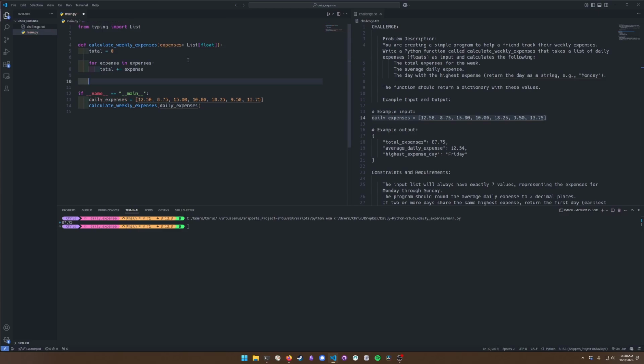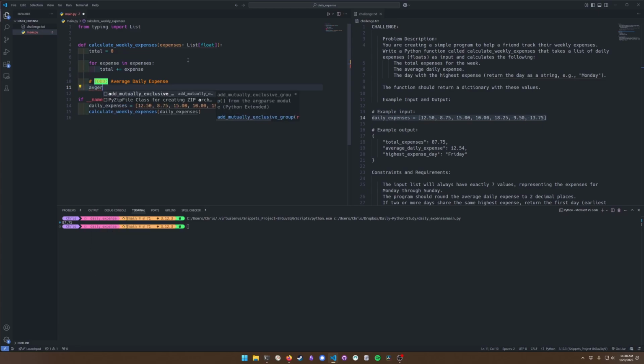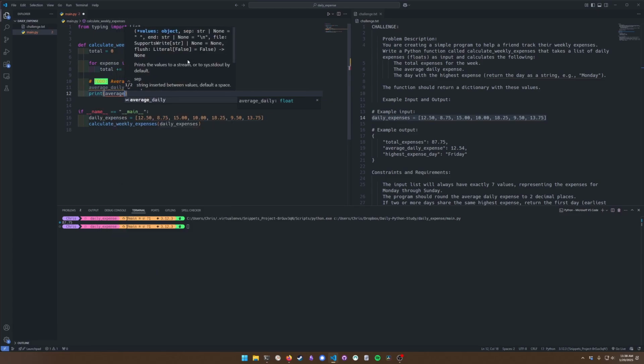Okay. So the next one we need to solve for is the average daily expense. And let's think about how we want to do this. We already have the total. I think the way that we would get the average in this case is by taking the length of the expenses list. That would tell us how many values are in there. So I think the average daily, we could simply take the total and divide that by the length of the list itself. And I think that will give us the average daily that we have,